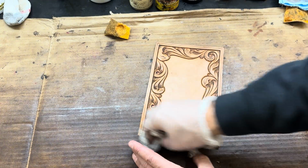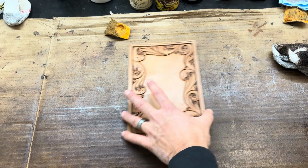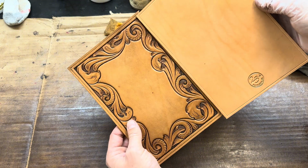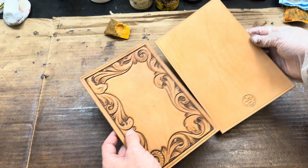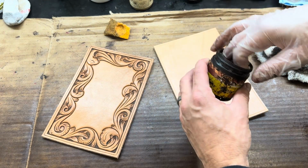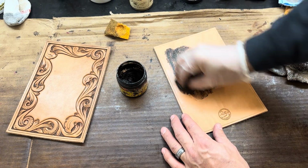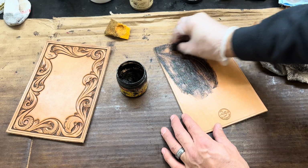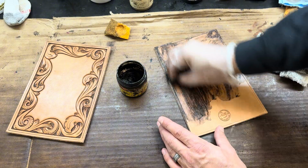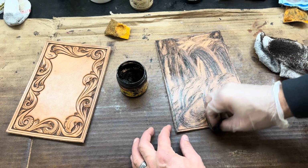So over top of this, the next thing that we're just going to come right on top with, oh, I don't want to do that quite yet. I'm going to do the back of this so you can see how much that darkened that leather up by penetrating through our tan coat. And I do want my front and back to match, so I'm going to go ahead and antique the back of this, and it will darken that leather up a bit. But I'm just going to do them both together, that way we get the same even finish on both sides